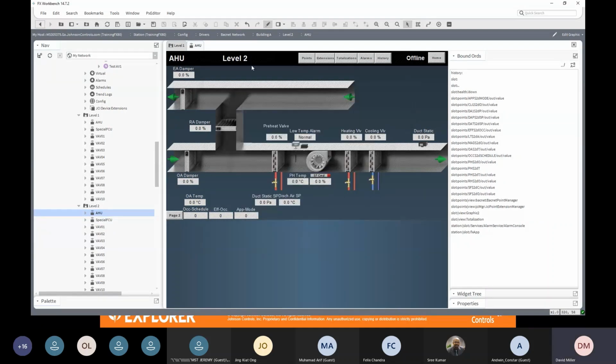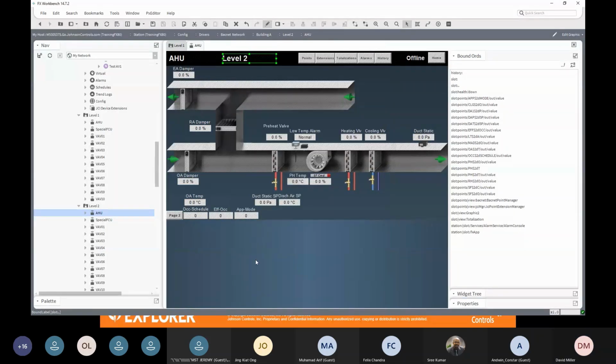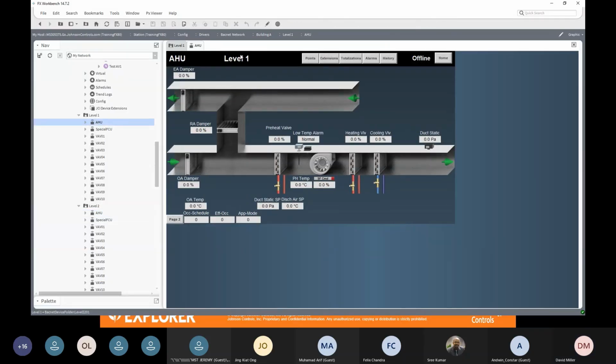So now this guy, his binding is just slot : ... Okay, we save it, we go up to level 1, and we see level 1. We go down to level 2, we see level 2. Level 1, level 2. So the same graphic,